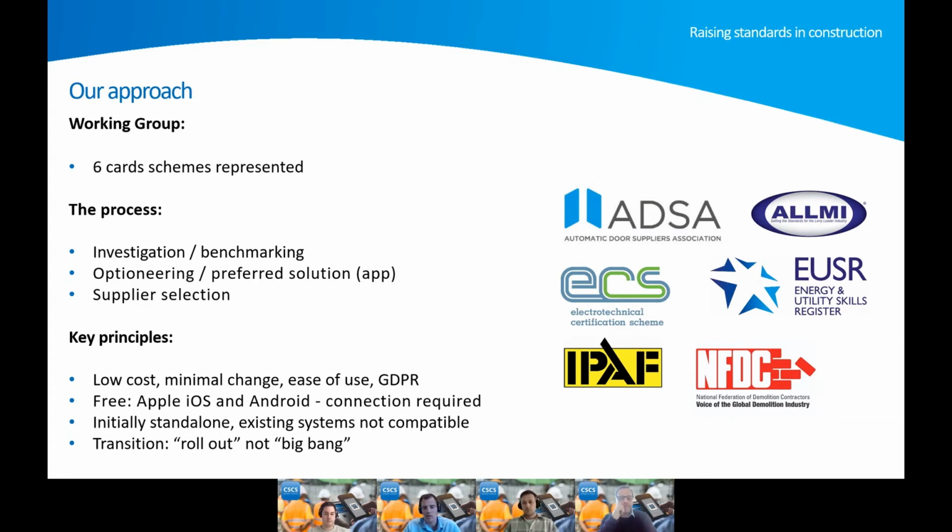So those key principles were to produce something that is low cost, and ultimately we wanted something that was free to access for the industry. That meant there was minimal or no change for the existing card schemes. So again, as Alan said, there are a number of apps already out there, a number of smart cards already out there. There was no need to change the landscape. We just need one way of reading all of those different technologies, keep it as simple as possible, and ensure that it's obviously compliant with data protection legislation,